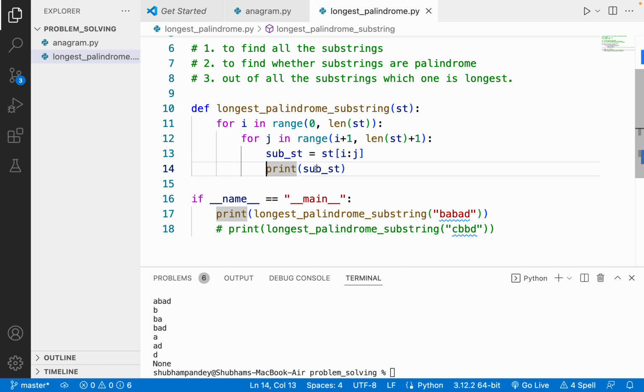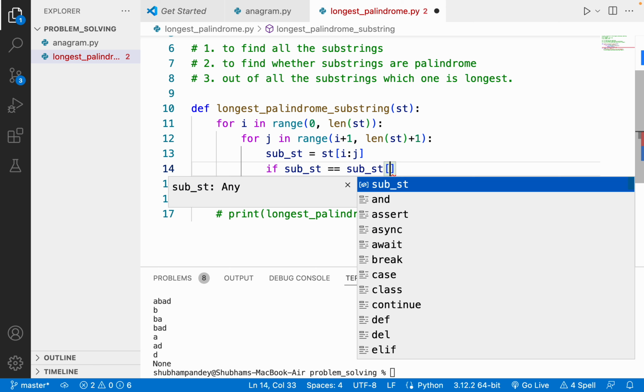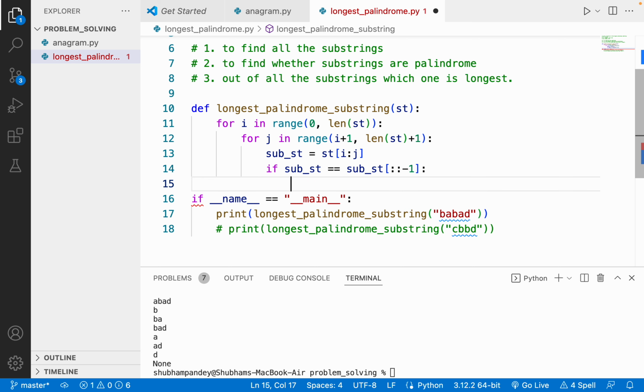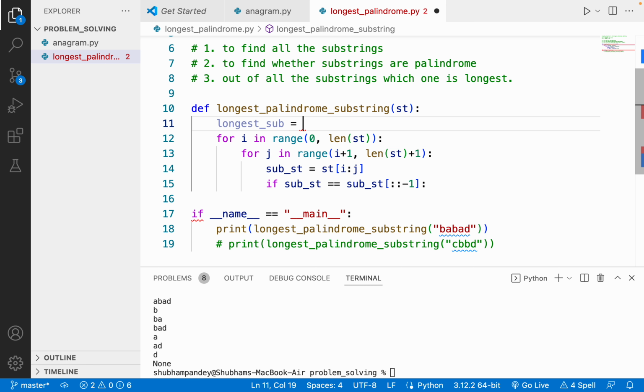So we can just put a check: if substring is equal to the reverse of substring. The reverse in Python can be found using this. And at the start of the function we need to create a variable and initialize it with an empty string. Basically we'll be considering this as the longest substring, which we'll be returning later in the later part of the function. So inside this if statement